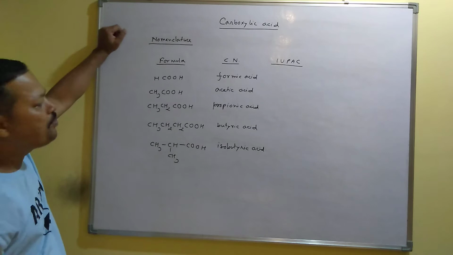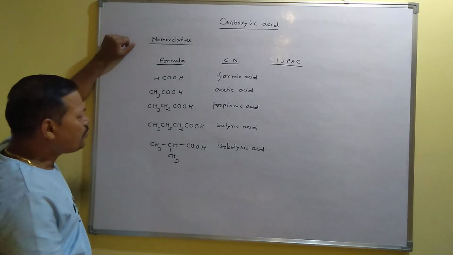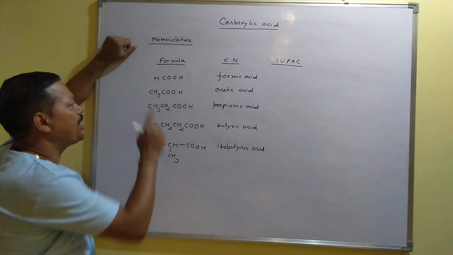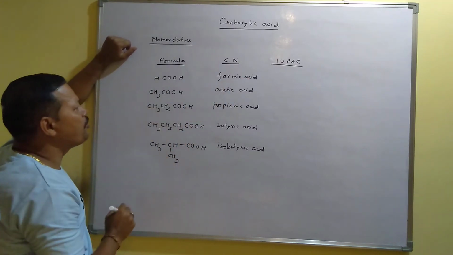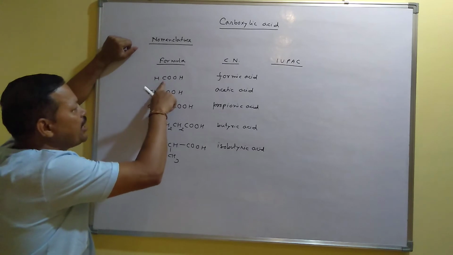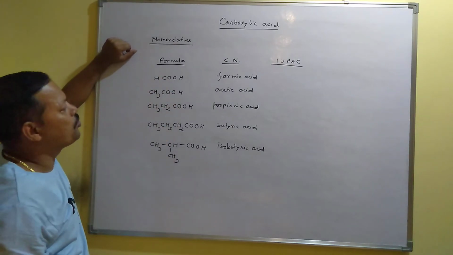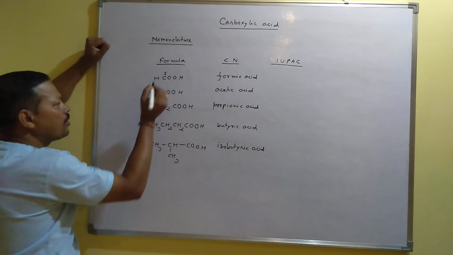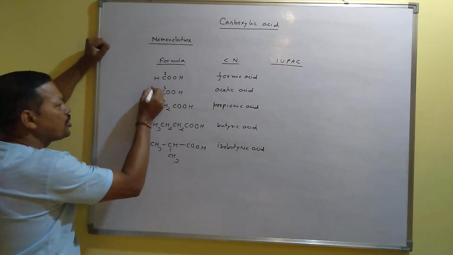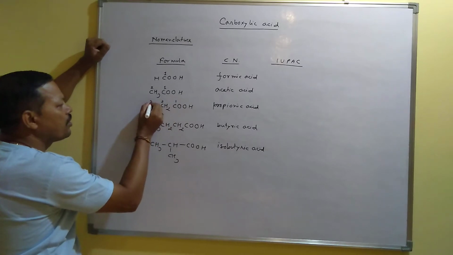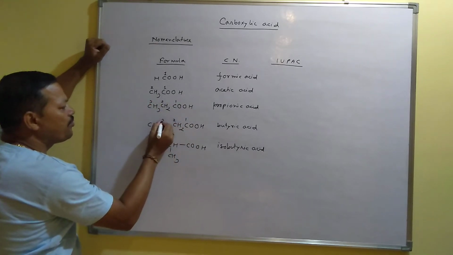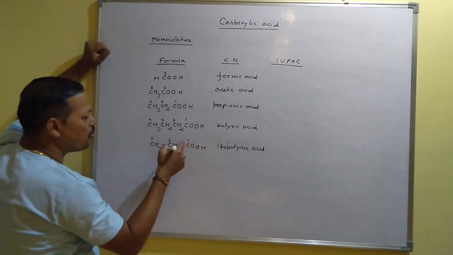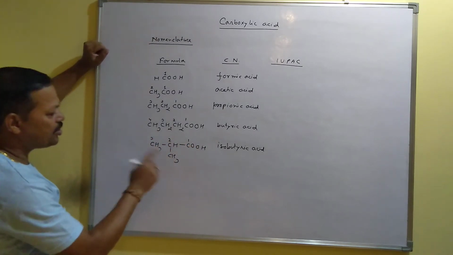And when you write the IUPAC names of these compounds, since the functional group COOH contains a carbon, and this functional group is always present in the terminal position, that carbon must be number 1 in any compound. So here only 1 carbon, this should be number 1. Here this one is number 1, this is number 2. Here 1, 2, 3. Here 1, 2, 3, 4. Like this you have to do numbering. Here 1, 2, 3, or 1, 2, 3, like this also you can come, and this one will act as a branch.